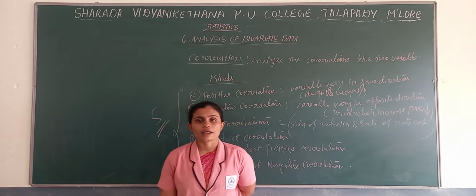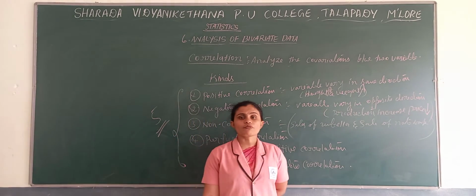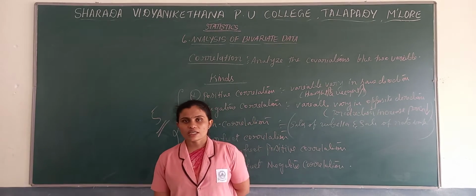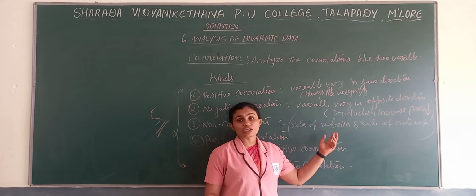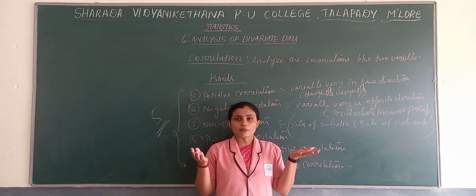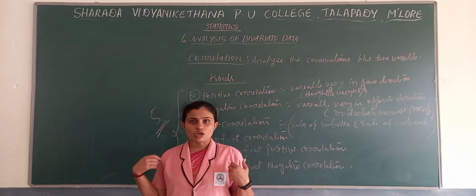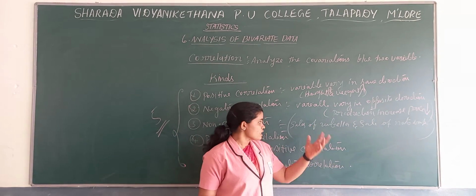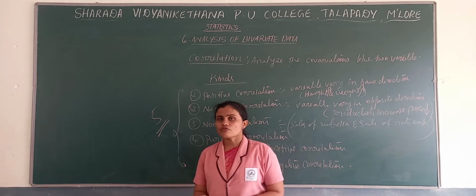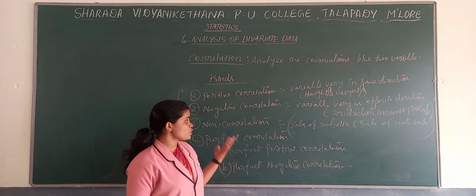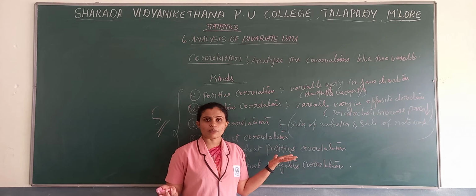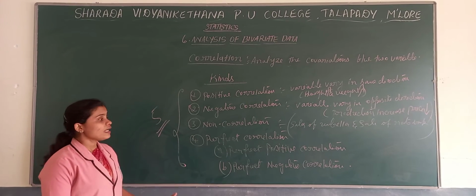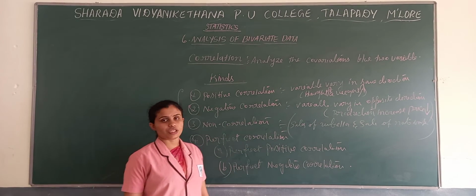For example, during the winter season, the production of woolen clothes will increase. Or else we can say during the rainy season, the production and the sales of umbrellas also increase. That we can say is positive correlation. But here, sales of umbrella and sales of notebook, we are not finding any kind of relationship. So when such kind of variables come in front of us, we can say it is a non-correlation. No relationship between the variables.